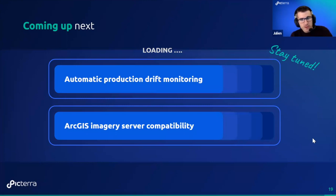So that was it on the two new features that we introduced recently. I wanted to give also a bit of a sneak peek at what's coming next and what we are working on currently. And obviously there is more than two features, but let me highlight those two. The first one is production drift monitoring, and this is interesting because it's the same underlying technology that we use for dataset recommendation. What it will allow us to do is when you run a detector on a new image,